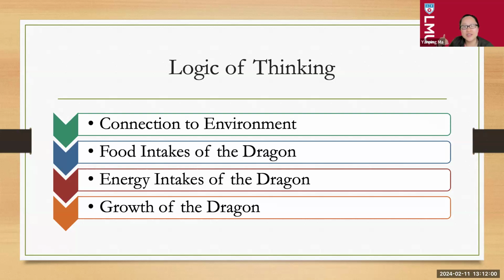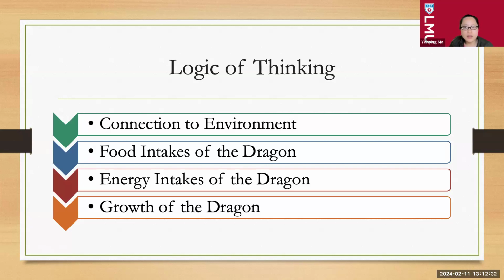So I think the logic of thinking should be, I want to connect to the environment. And well, if we forget about the waste and other things a little bit, we focus only on the food intakes. Then for food intakes, it should be coming from the energy needed for the dragon to survive. And the energy needed for the dragon to survive should be coming from the growth of the dragon. So by this backward design, I think those are the topics we need to talk about when we try to